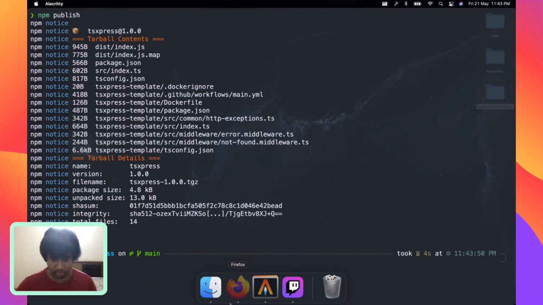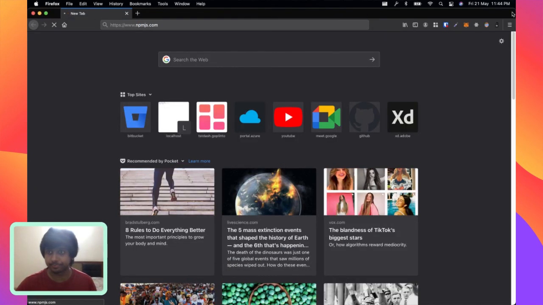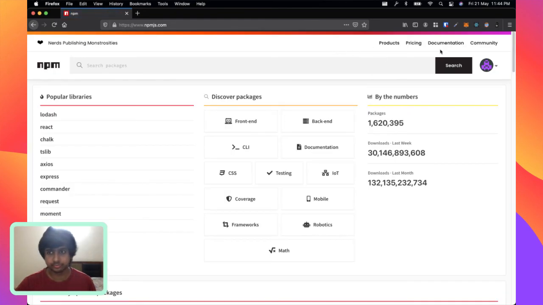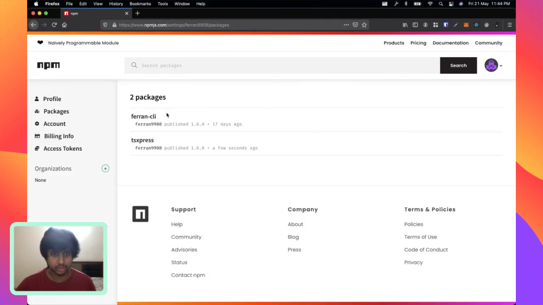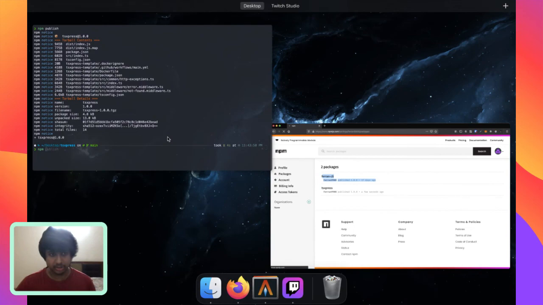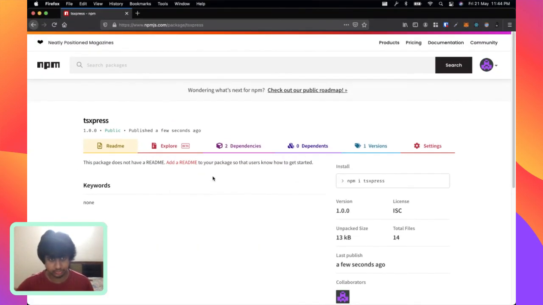So now let's go to npmjs. Let's go to our packages. Yeah, so this is a test CLI I tried a few days ago. And we have TS Express here. And if we want to use this package again,